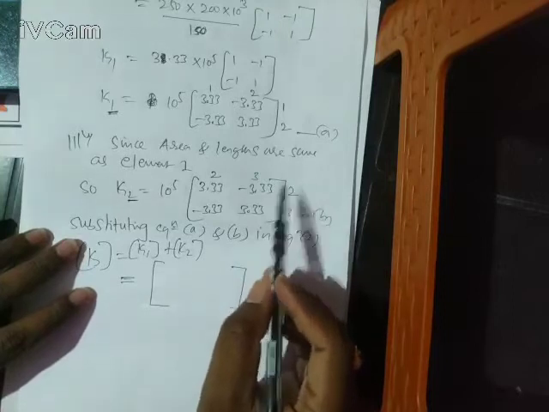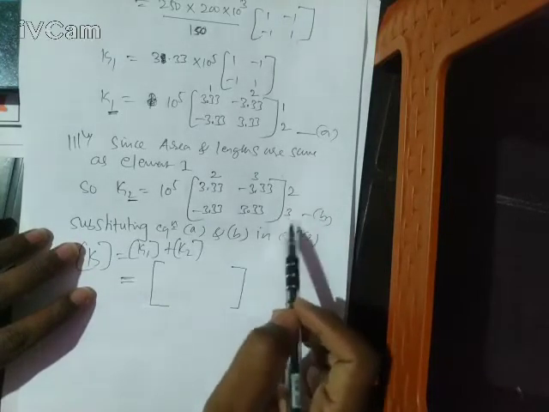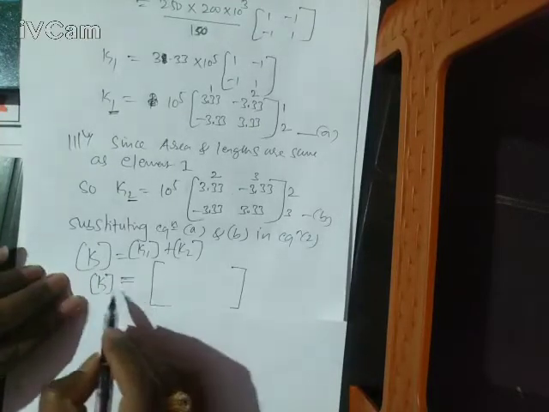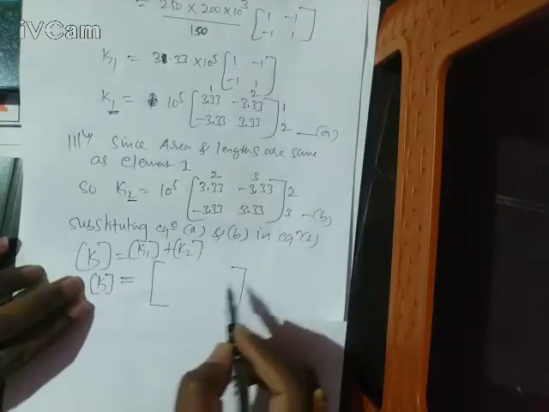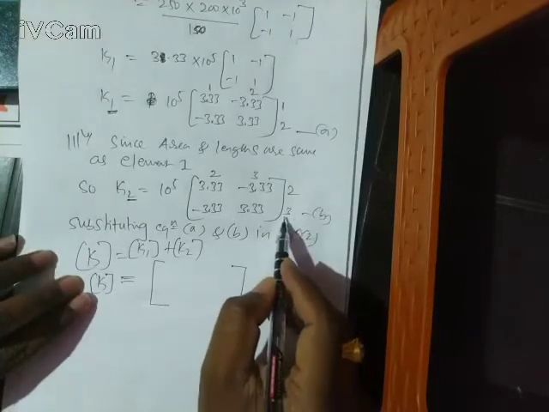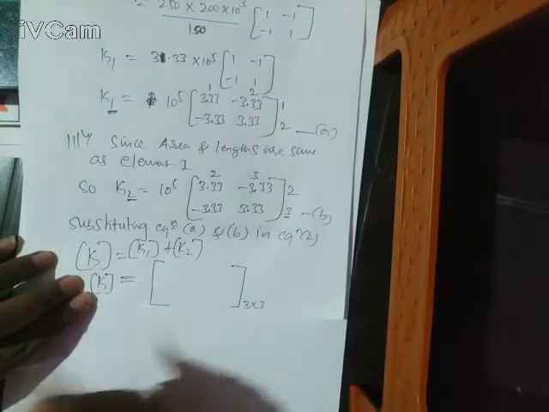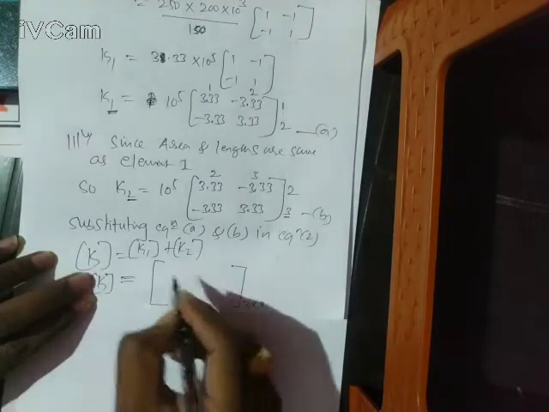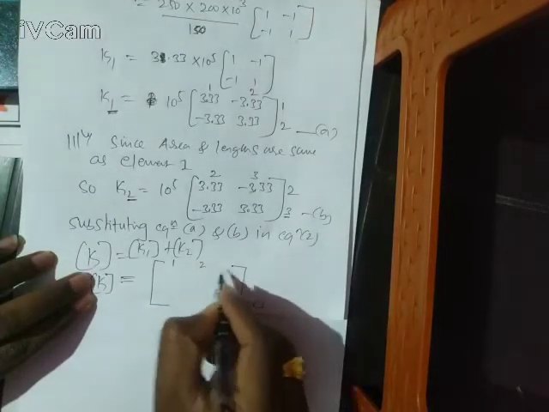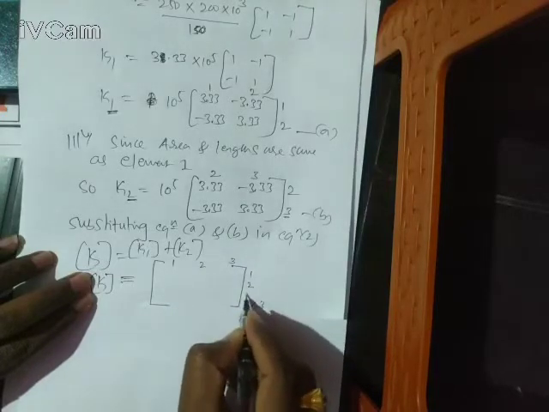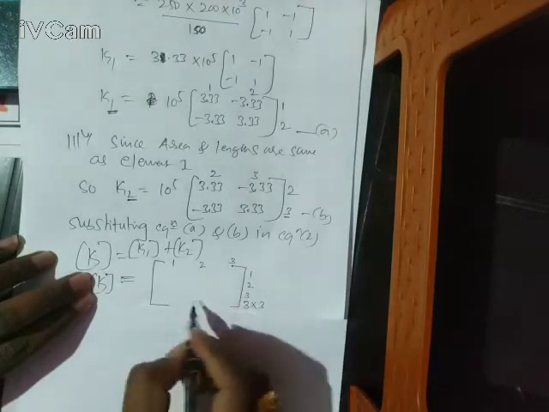Before adding, one should know the order of this matrix. How to find the order of this matrix? The maximum node number is 3, so hence this matrix order will be 3 cross 3. So fine, what next? First row, first column, second column, third column; first row, second row, third row. So next is what? Just fill in the blanks.